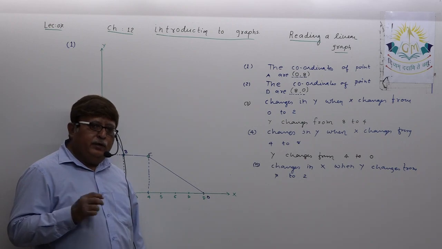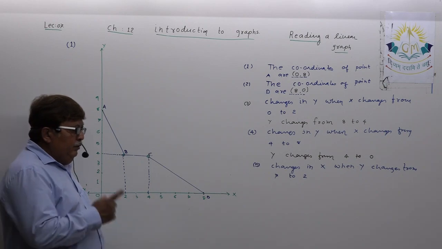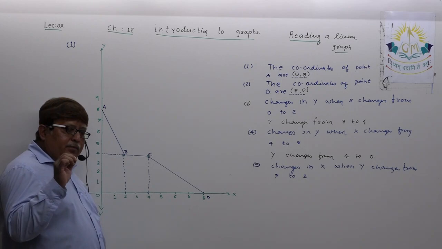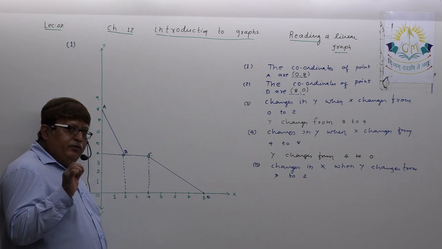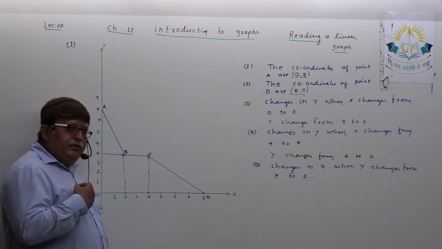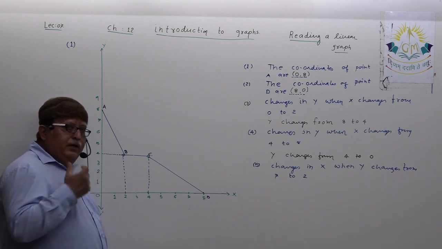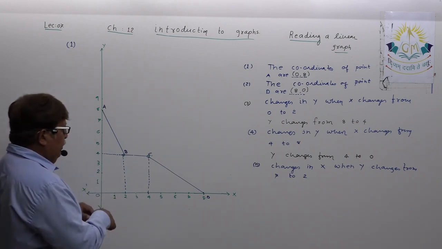So it might happen that when I try to write any particular answer, there may happen a minute variation between my answer and your answer, mind it, because this is not exactly the graph I have and you are drawing directly on the graph paper. So minor changes may come. Okay,